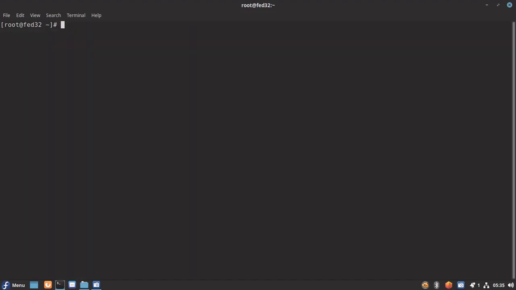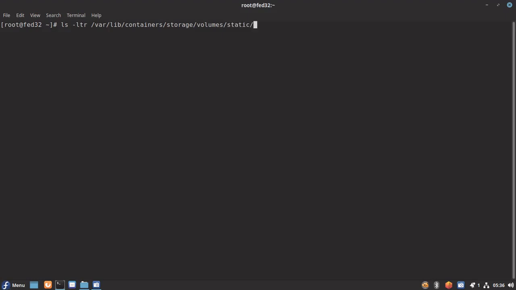So let's see whether our persistent data is still available in the static volume that we created initially. Let me do ls -ldr on the volumes folder, var lib containers storage volumes. Here there will be a static folder.